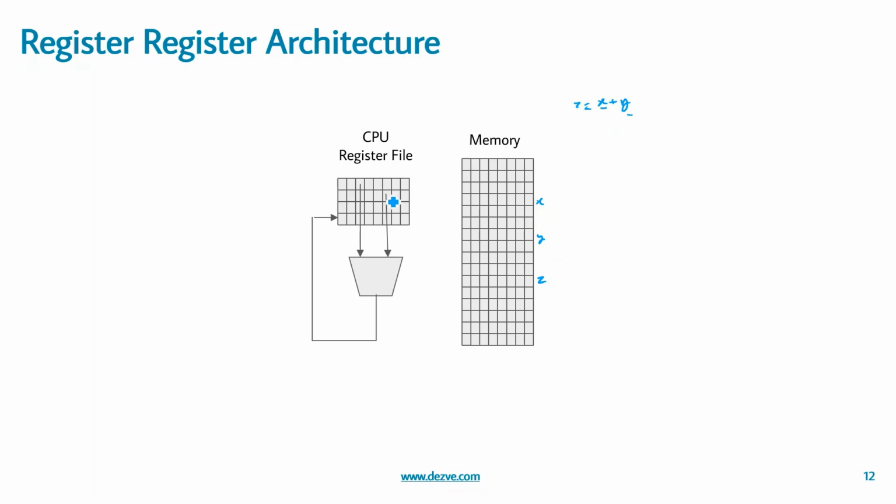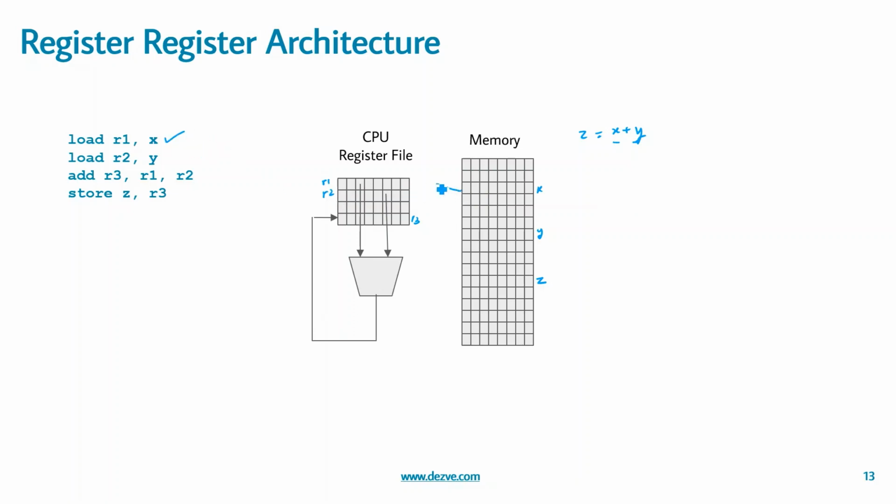So let us take an example for this. So let us assume this is R1, this is R2, and this is R3, and this is our X, this is our Y, and this is Z, and we are trying to perform Z equal to X plus Y from memory. So in this case, even before we perform the add operation, we need to read both the locations X and Y, bring it to the registers, and then operate on that, and then the result will be stored in the register. So this first line, load R1, X, will bring this data here.